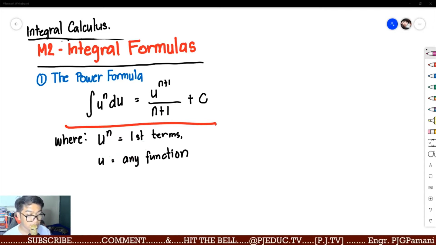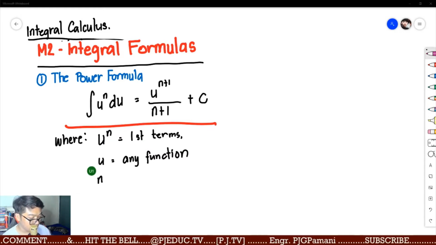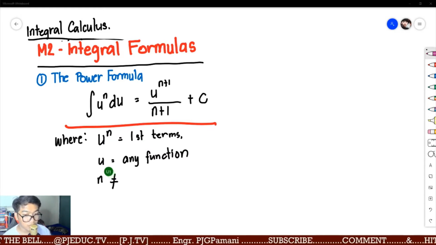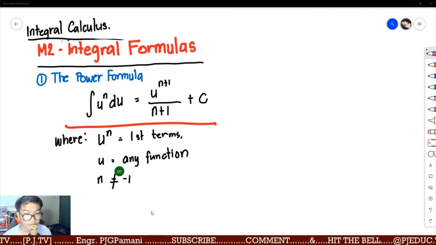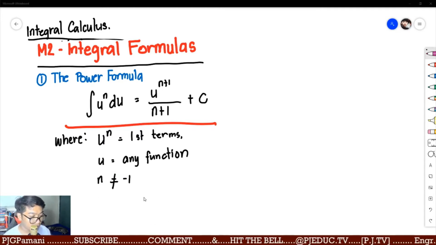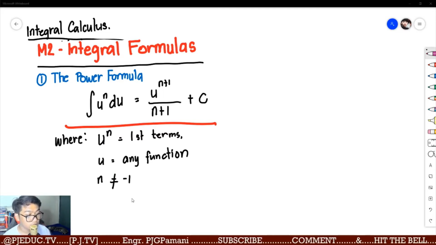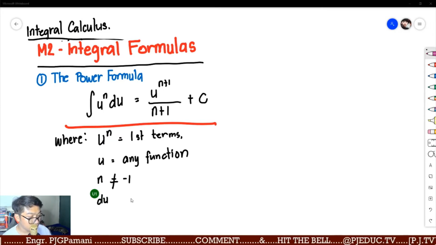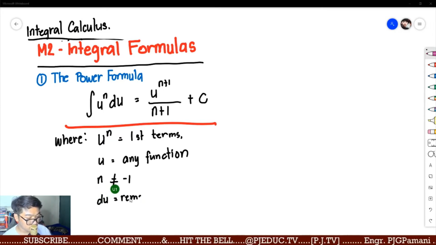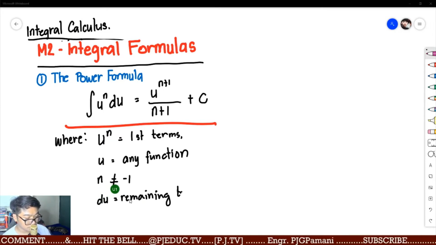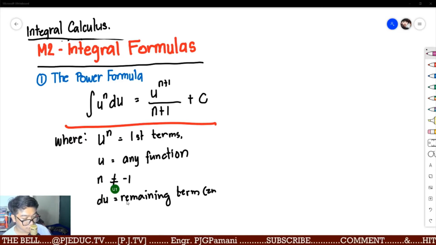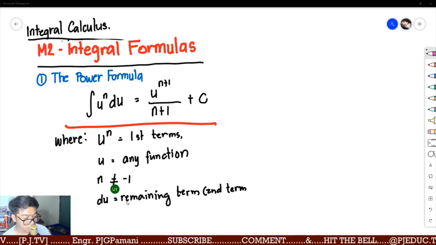This particular integral formula requires that the exponent should not be equal to negative 1. But if it is equal to negative 1, we'll have to use the integral formula involving the logarithmic function, the one with ln. Then du is simply the remaining term,